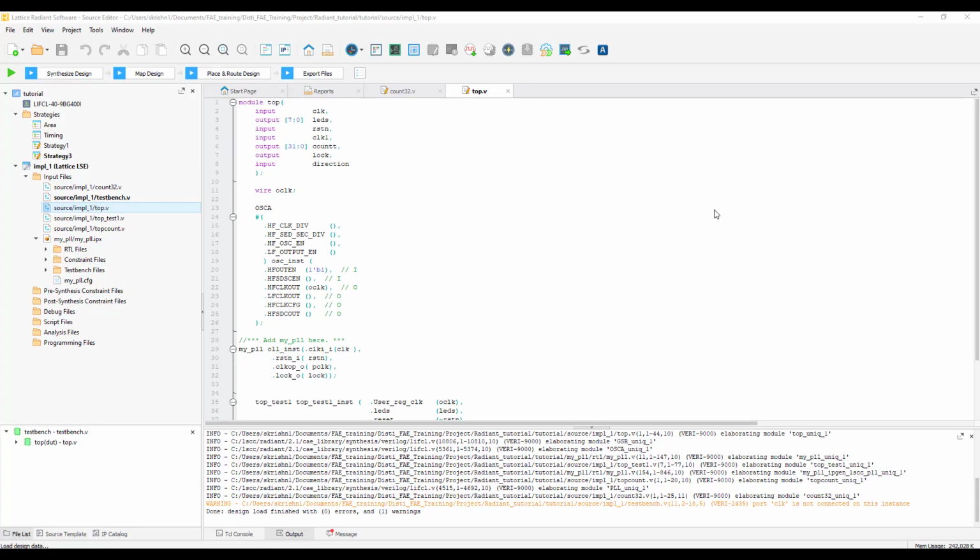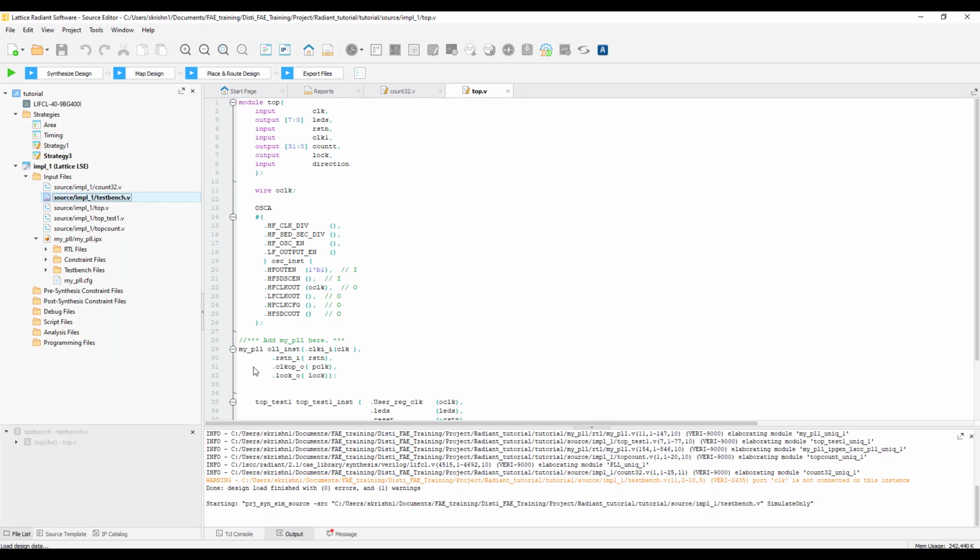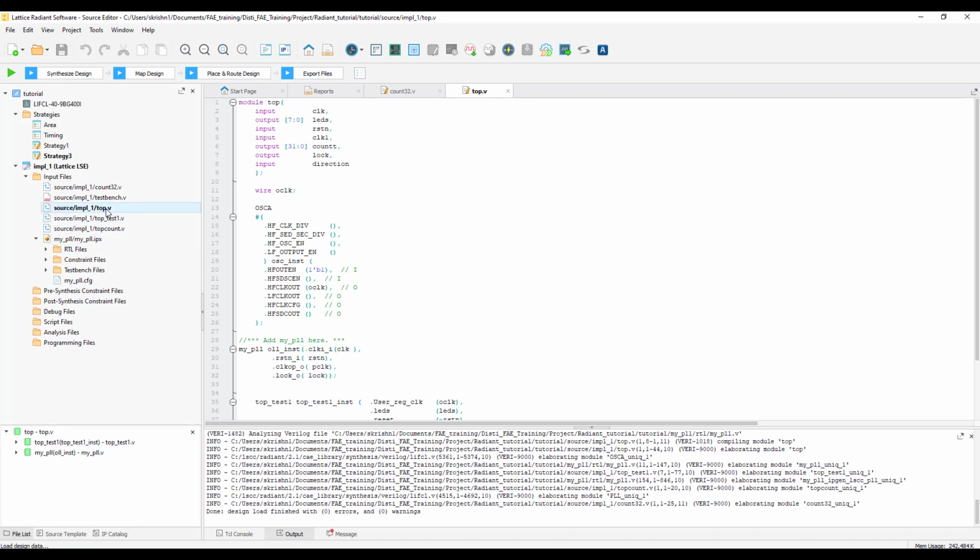Now let us see how to add constraints to our design. In order to add constraints to our design, we provide a tool called Timing Constraint Editor. This timing constraint editor can be used to add constraints to our design. First thing, we need to create the top level of the design. As you can see, the test bench is highlighted and it is the top level of the design. But we do not want to include the test bench in our implementation flow. Right-click on the test bench file and choose Include for Simulation Only. Now you see the actual top level of the design is highlighted.